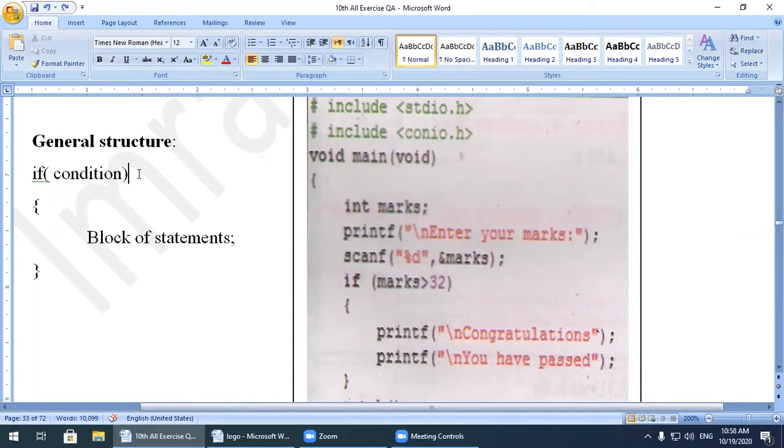Watch here, I didn't use the semicolon. Most of the boys made the mistake of placing a semicolon at the end of the if statement. So keep in mind there is no semicolon at the end of the condition. After that, this is the block, the starting of the if statement.